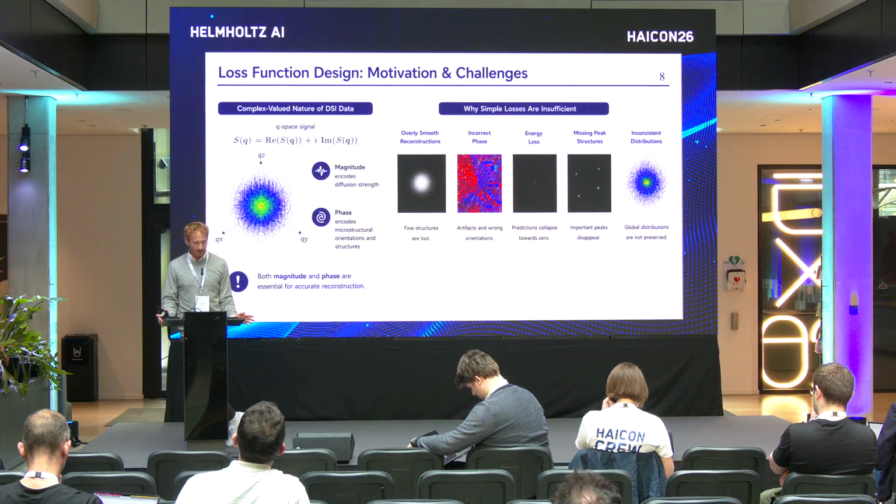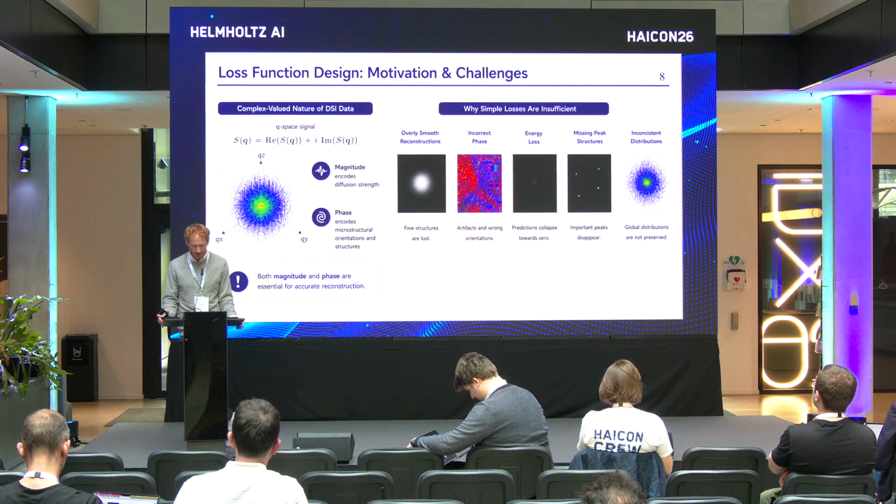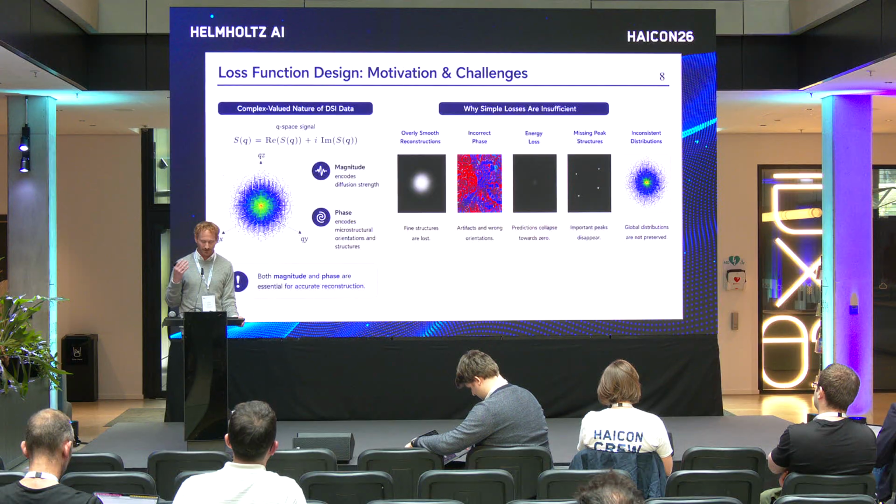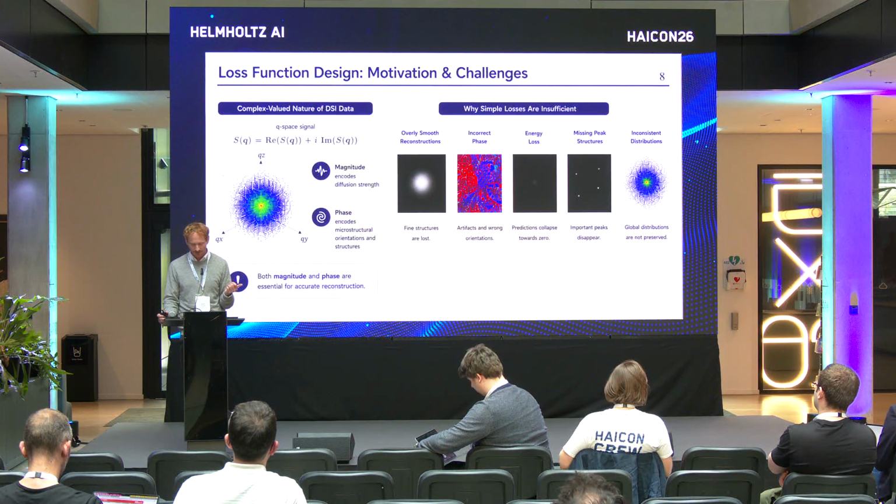Designing the loss function turns out to be one of the most important parts of the work. A simple reconstruction loss, such as mean squared error, only measures numerical difference between prediction and target. However, different properties of the signal are important for DSI reconstruction. So we need to preserve not only the overall amplitude distribution, but also the phase information, the global signal energy, and